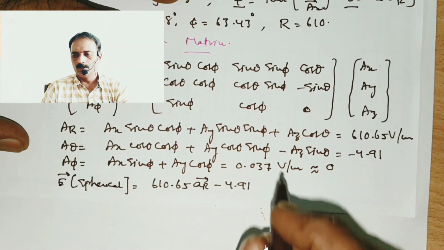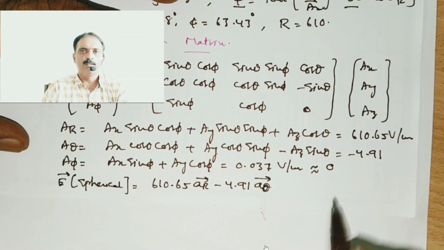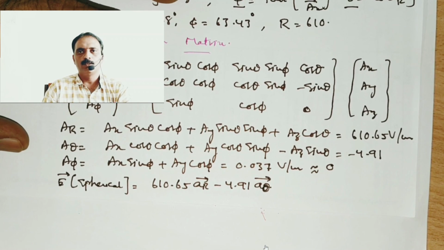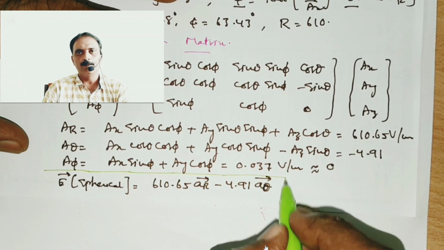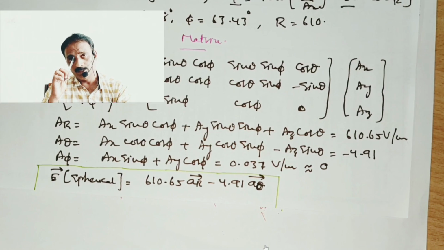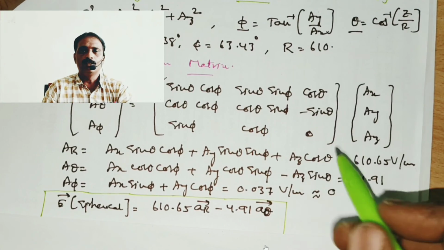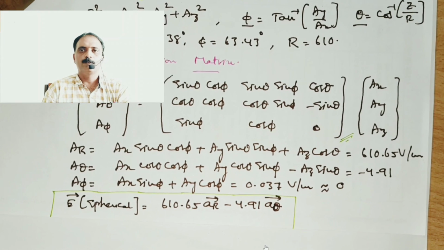So this is how we have to simplify the problem. The only complexity in this problem is to have the transformation from Cartesian to spherical form, which has been explained very easily and very clearly in the previous sessions. Please go through the videos that we have discussed earlier, so that you can have good knowledge regarding such kind of problems. So this concludes the session.